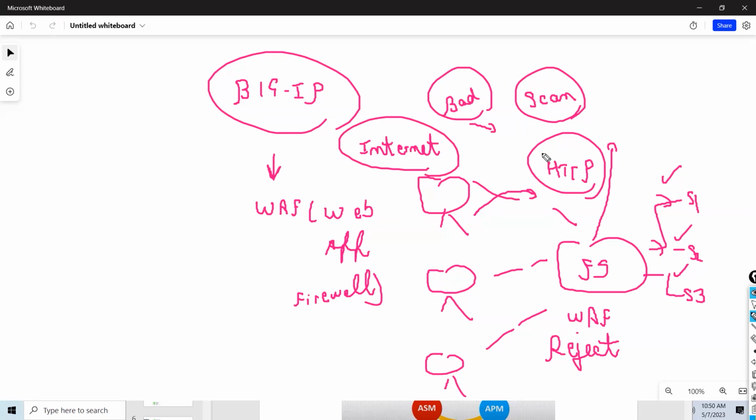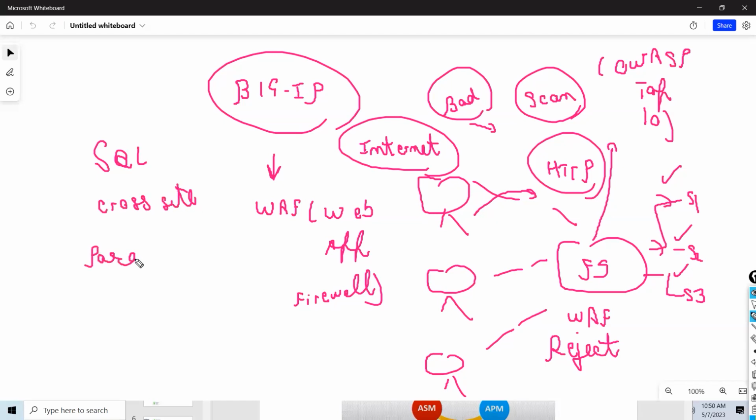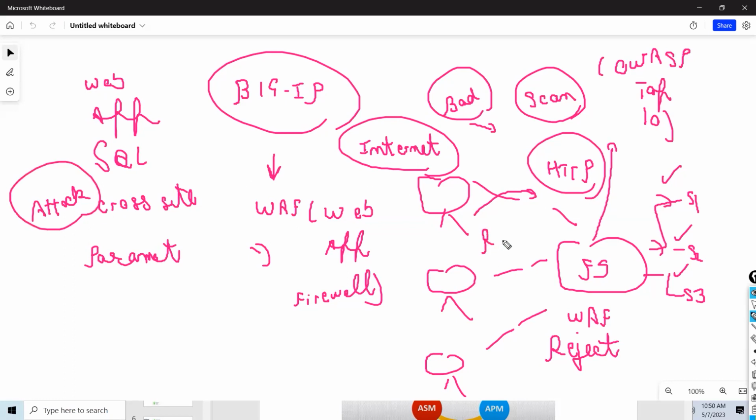So in that case, your WAF protects from the OWASP top 10, cyber security. OWASP top 10 means things like SQL injection, cross-site scripting, parameter tampering. There are a lot of web attacks. If you have heard about web application attacks, those are protected by WAF. It will be able to scan your HTTP request traffic, plus response traffic also.